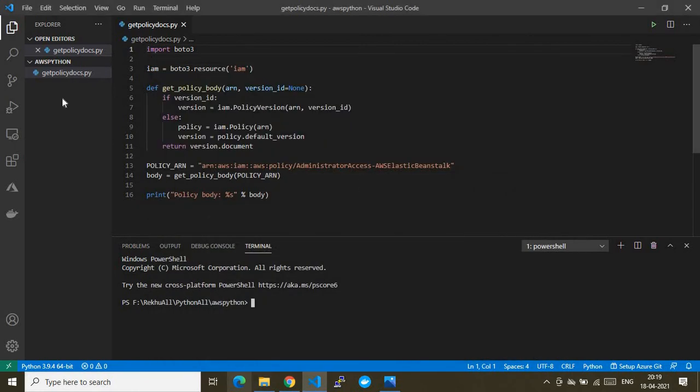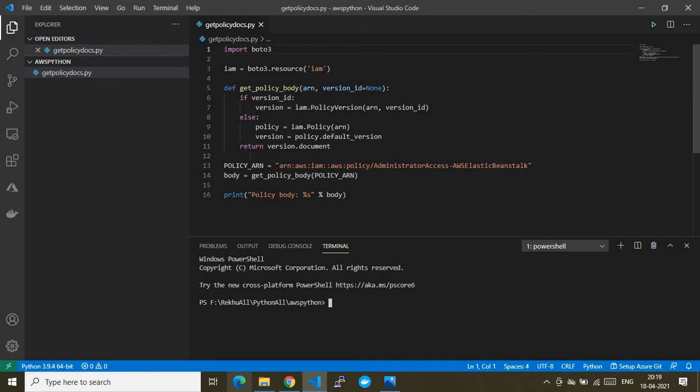Here I have Visual Studio Code, and I have created a local folder, and under that local folder I have created one Python file. That is the basic setup, and I have opened the same in Visual Studio Code. As I explained earlier, my system has Python installed, and on Python I have installed the AWS Boto 3 module. Now, once that prerequisite is done, let's see how you can use the Boto 3 module and do a simple task.